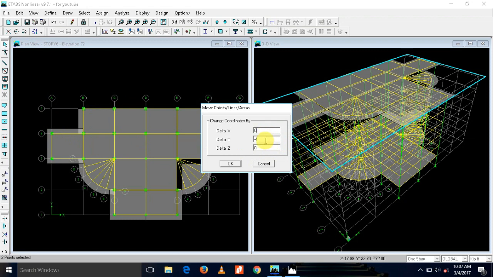Actually there is no light, so I am having a problem seeing the